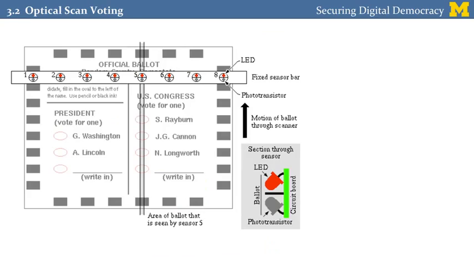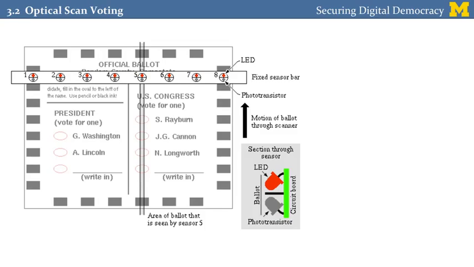What actually happens inside one of these machines is a little bit more sophisticated and turns out to have some important implications for the voting process. Inside the machine is an array of emitter detector packages. Each of these is basically a light source coupled with a very simple kind of light detector. As you can see here, there are 8 of them arranged in columns in a line under which the ballot will pass. The ballot in this picture is moving from the bottom to the top underneath these sensors 1